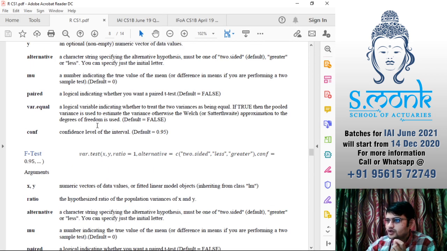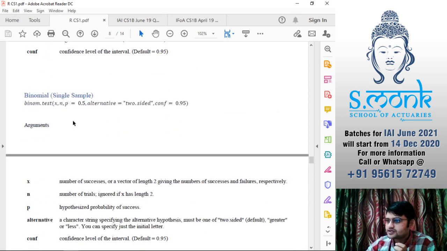Okay, so we have our t-test, f-test, and we have the binomial single sample test in which x is just going to be one single number of successes. Then we say n, how many trials we had. And then p we have to specify, for what p are we checking. Are we checking whether our p is going to be 0.5, 0.7, 0.9, whatever the question might be.